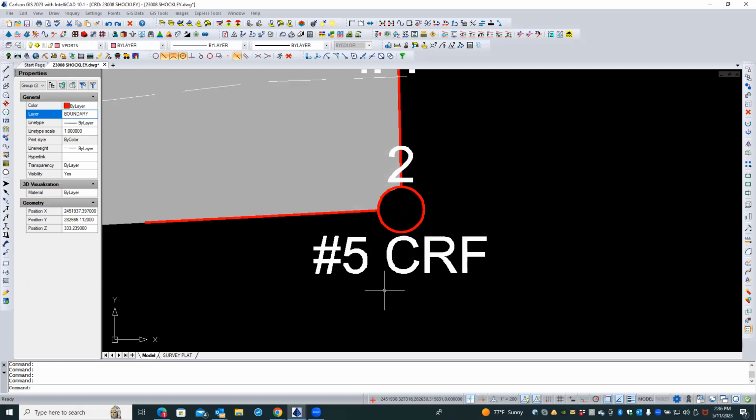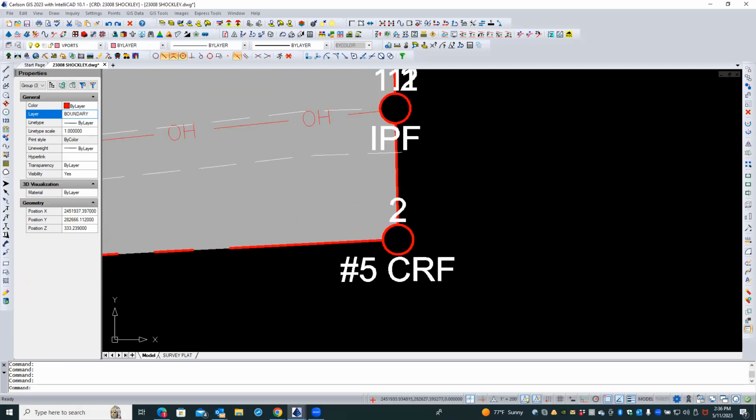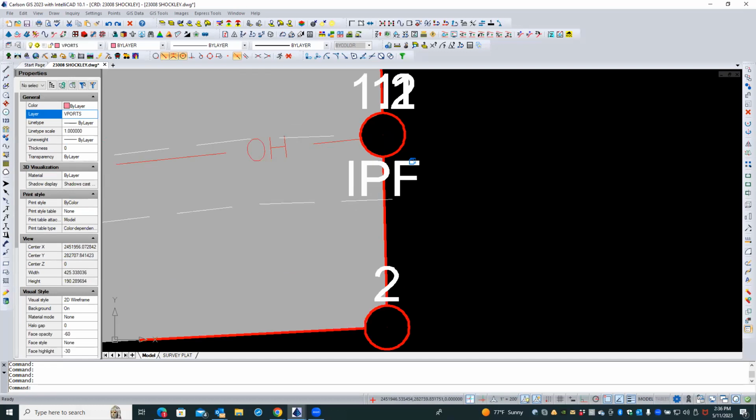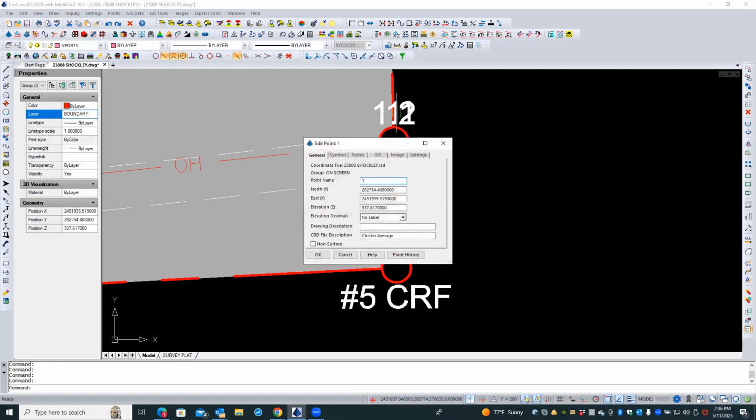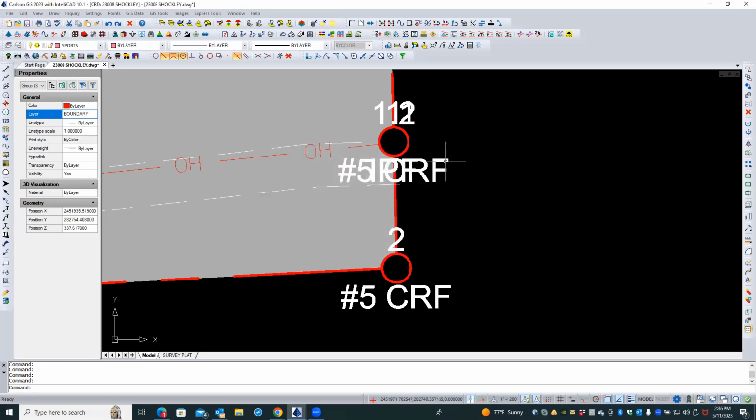The 5/8 rebar. All right, so don't forget to do that for all of these, because you've got the same thing going on here. Any of those IPFs are going to be the clusters, and the average is the one that you want left. Right. And so that would be that one, and that would also be that number 5, I'm guessing. Yeah. All right, so then that would be that, and then you would just